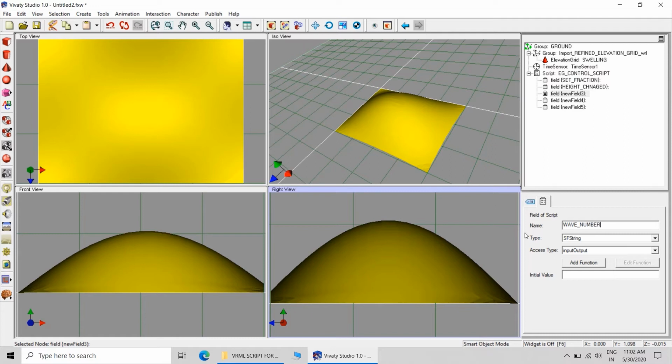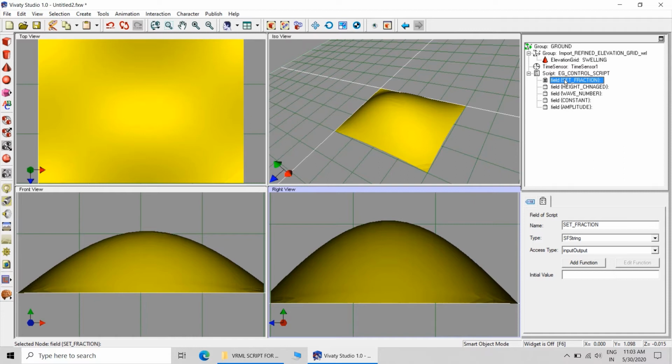Then third will be the wave number. Then there will be the fourth field, constant. And fifth will be amplitude. So five fields will be there.